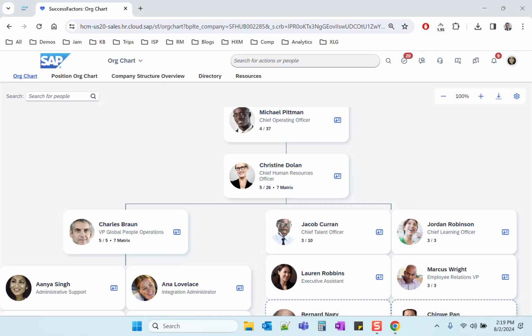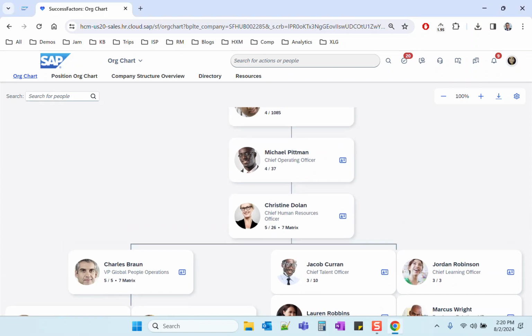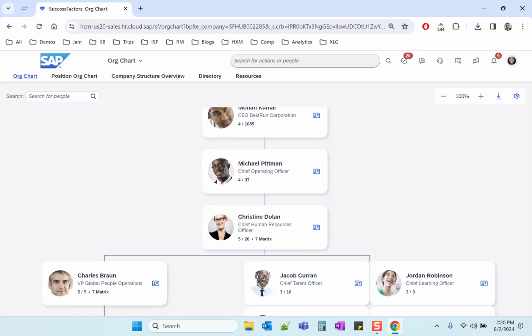Hello, in this recording, we're going to look at a quick way to find hierarchy breaks in SuccessFactors. Hierarchy breaks are frequent in the implementation phases of SuccessFactors when the data team starts loading data, and they can be a pretty major problem for some modules. And I'll speak about compensation, which I know very well,